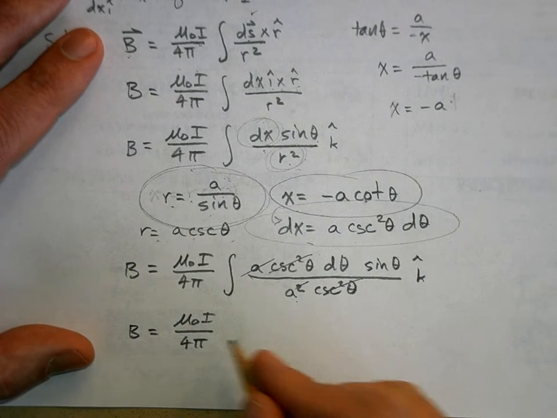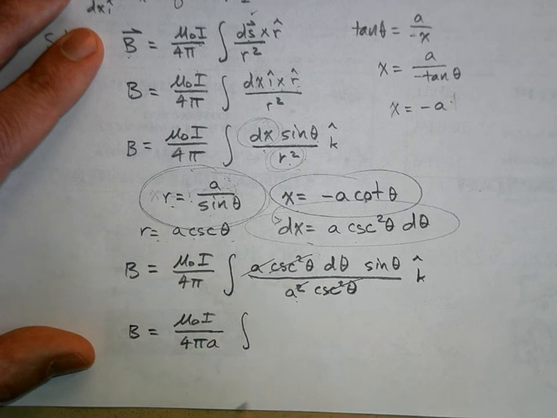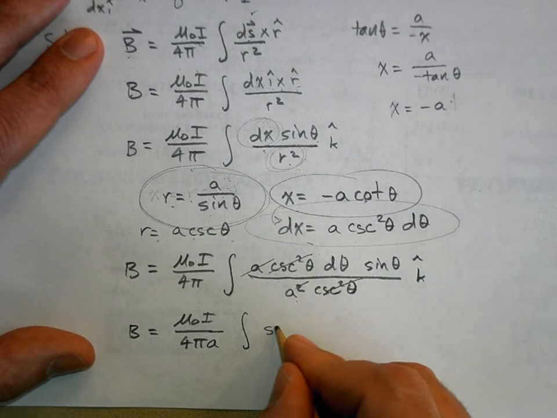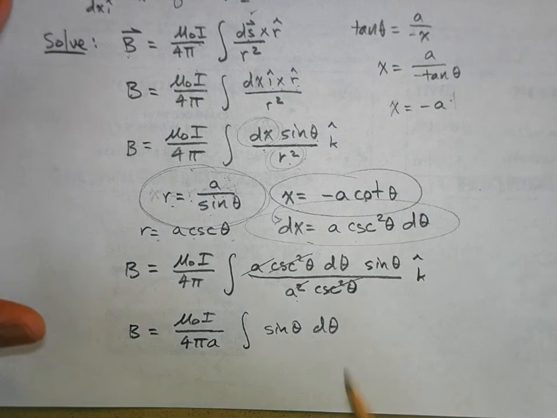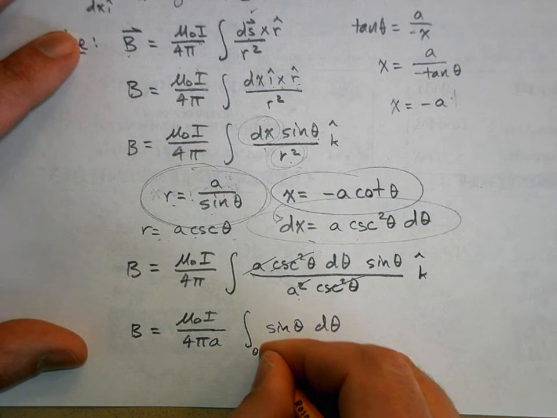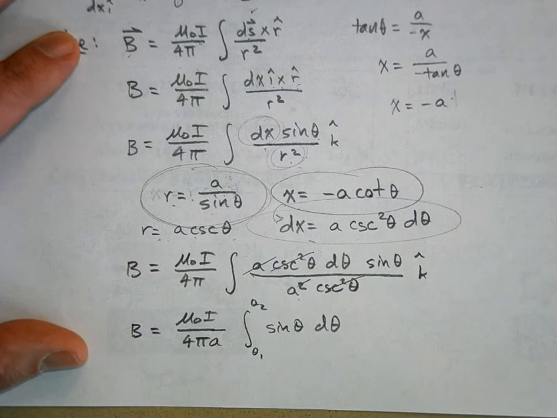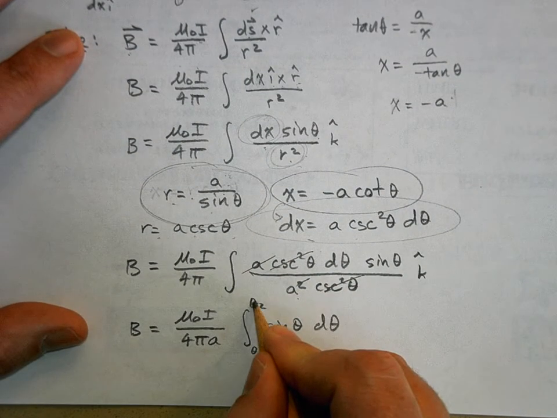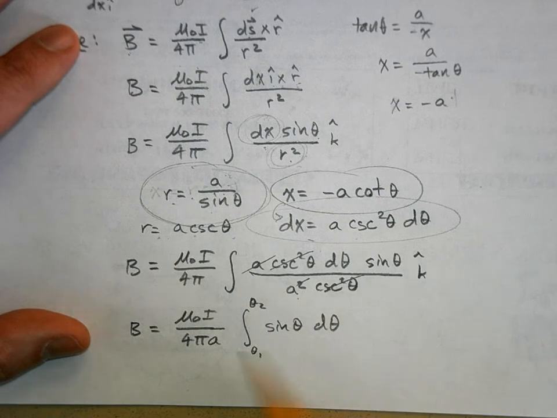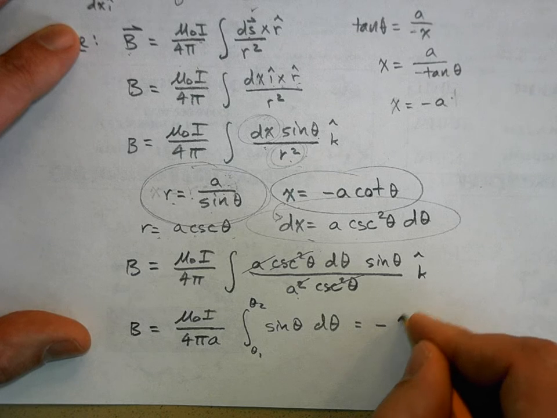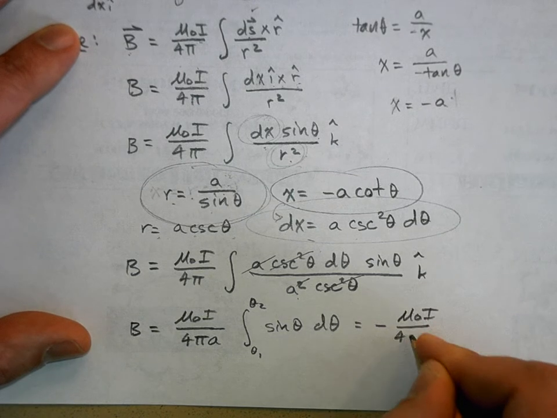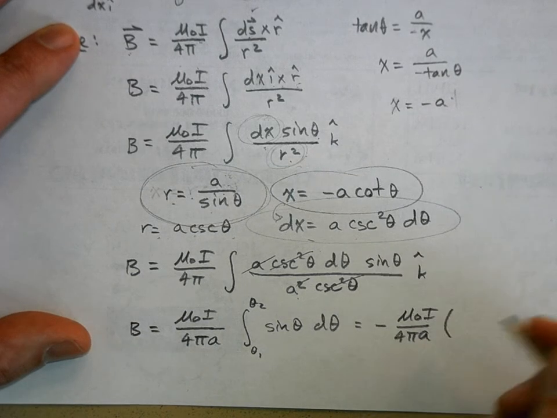And we have an a right there, times the integral of sine theta d theta, which we know how to do, right? And then we're going to go from theta 1 to theta 2. Okay? So what is the integral of sine theta d theta? So this is equal to negative mu naught I over 4 pi a times